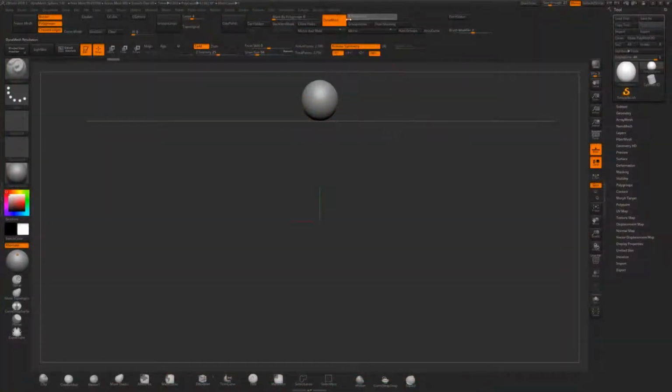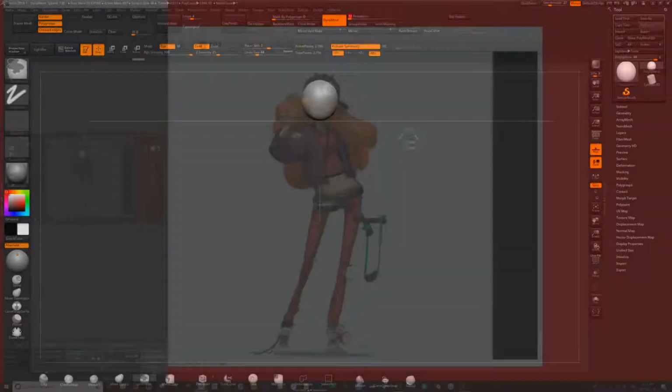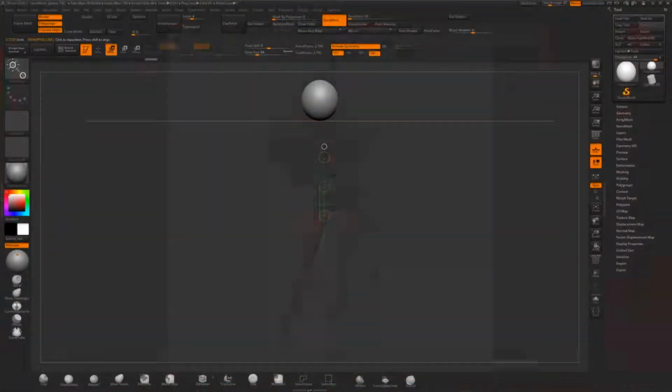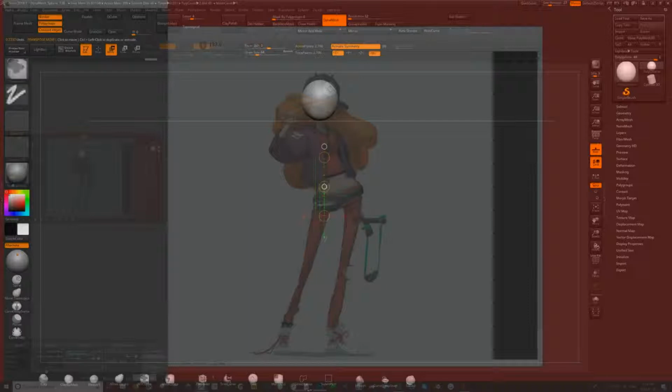I'm gonna Dynamesh and take down the resolution to something very low, like 32. We don't need a lot of geometry now. We're gonna use this just for blocking in. I'm gonna take again the move, and while holding Control and dragging from the middle circle, I can move down